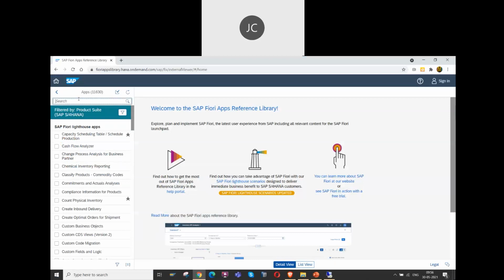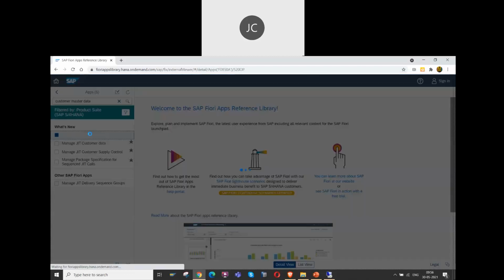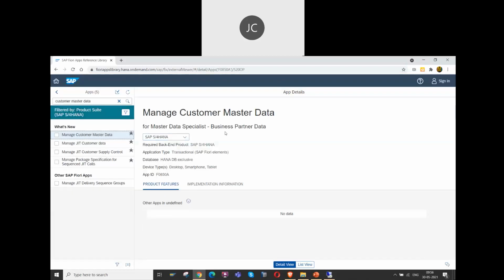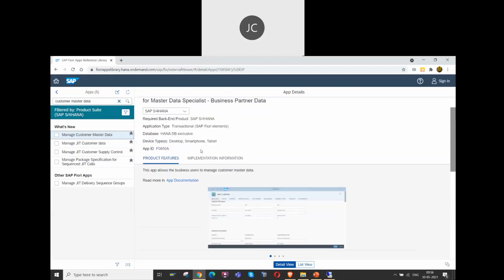and the app is not with us, many times we ask our basis team to give us that particular role and all those things, but they ask what role you want, right? We say we want customer master data, then it doesn't make much sense to them. Anyway, they should know about this. But if not, and you are asking for customer data, we can come here. This library access is available to all of us. We can check something here, like device type, where this application will run. It is compatible with desktop, smartphone, and tablet.